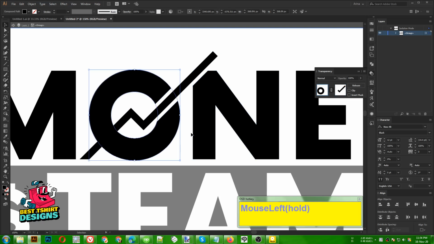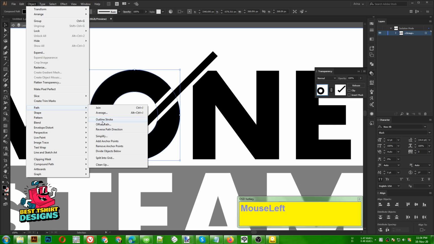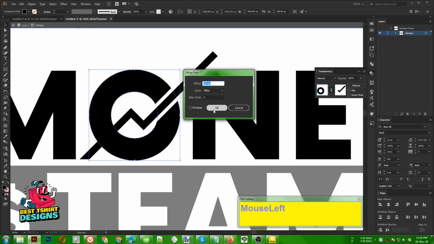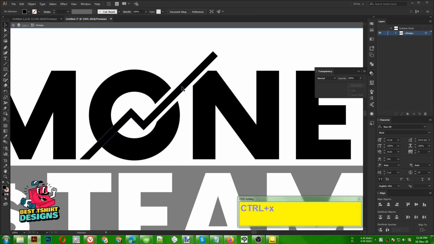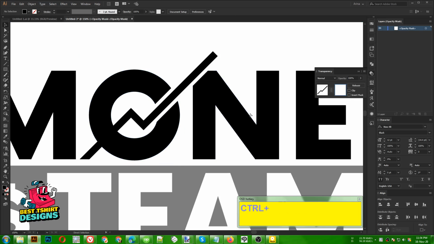Now click here to come inside from the transparency. Now this O should be on top of the bar. So I am selecting the O here, making an offset path for my O, the same size offset path. That is good. Cut. Now I need to select this bar here, then open the transparency for it,